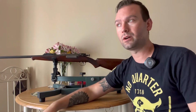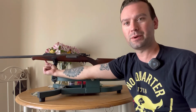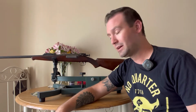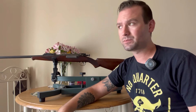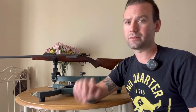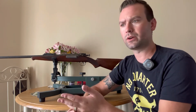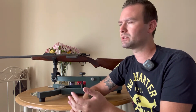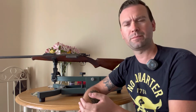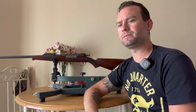Even the pre-64 Model 70s still had a pin right here in the barrel, in a lot of them. Free-floating was not common practice. I'm sure it was known by some. I really wanted to see if it's in Colonel Townsend Whelen's book, The American Rifleman. Only accurate rifles are interesting, according to Colonel Townsend Whelen. Anyway, so